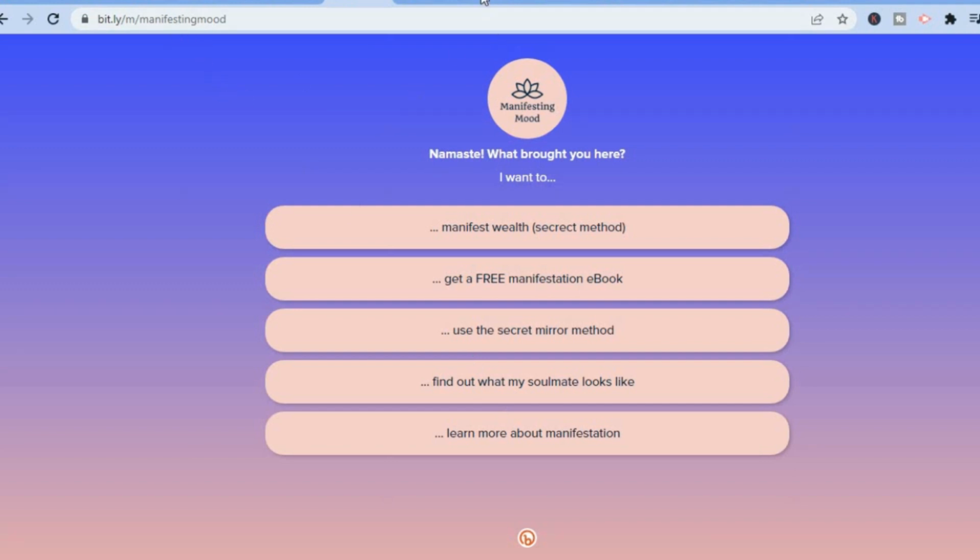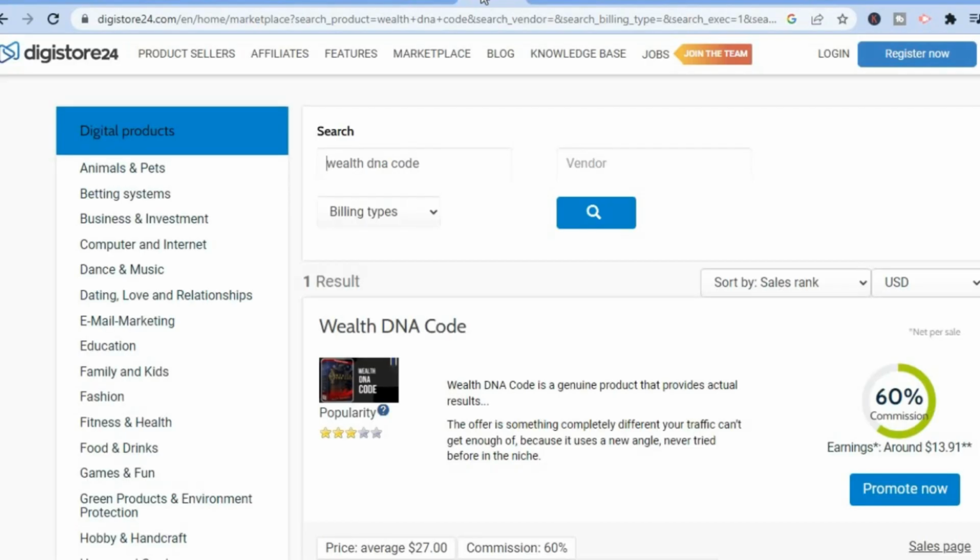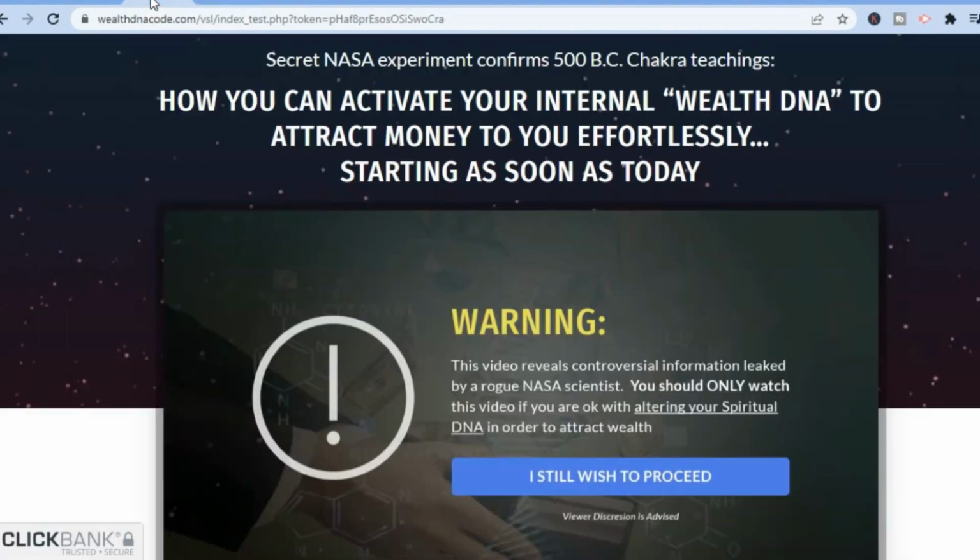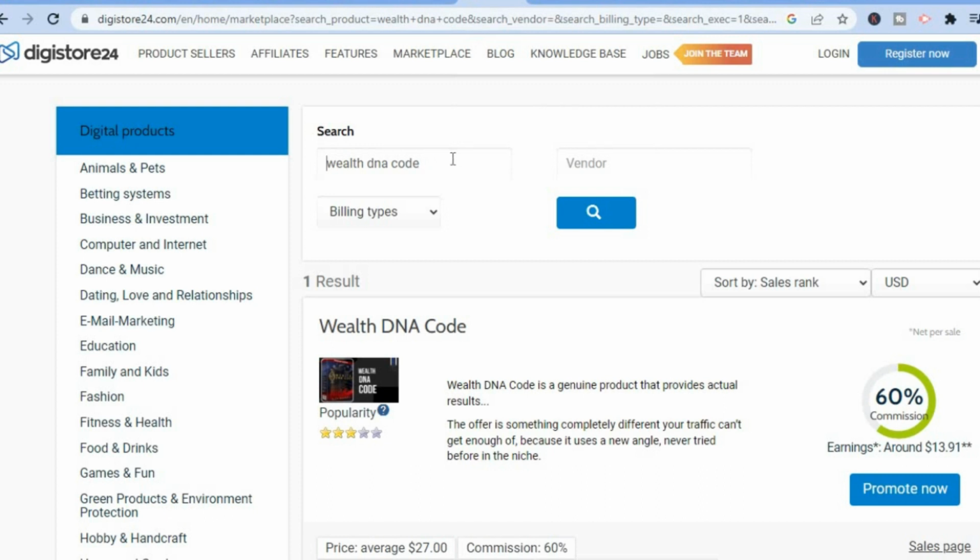The first thing you're going to need to do is go over to Digistore24, and you can sign up to Digistore24 completely free. Once on Digistore24, you are going to go into their marketplace. So you are going to tap on marketplace. Then from here, let me copy the offer. You can see that the offer that they are promoting is Wealth DNA Code. So I simply copied the offer and pasted it in the search bar, and you can see the exact offer